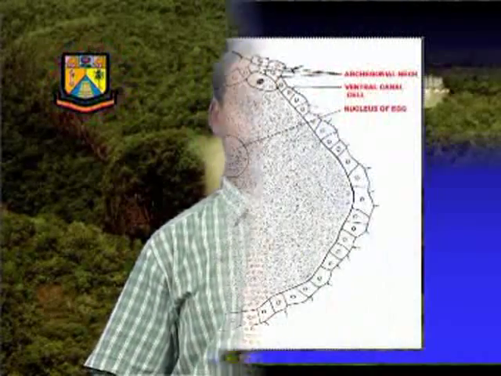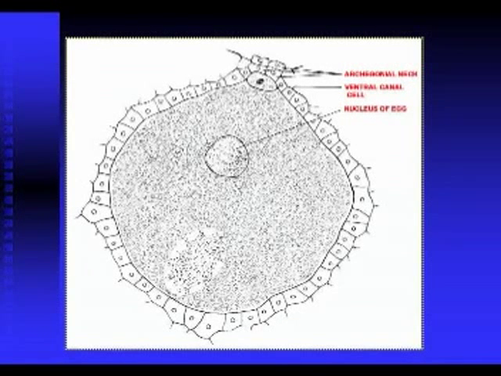This stage is known as the free nuclear stage of development of the female gametophyte, and afterwards wall formation starts from the periphery and the entire female gametophyte becomes cellular. There are 2 to 3 archegonia per ovule. Each archegonium consists of a spherical egg cell, a ventral canal cell and a neck of 4